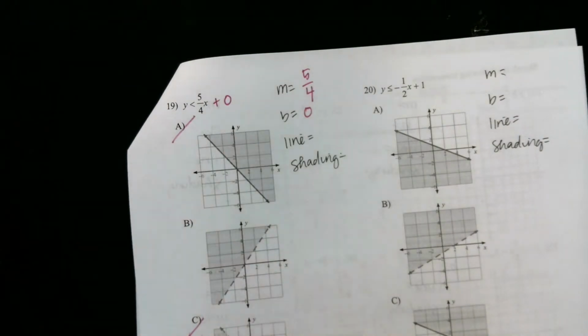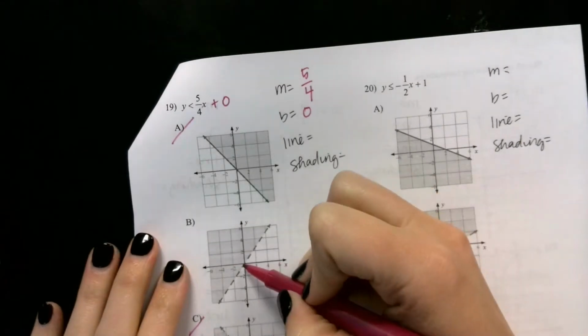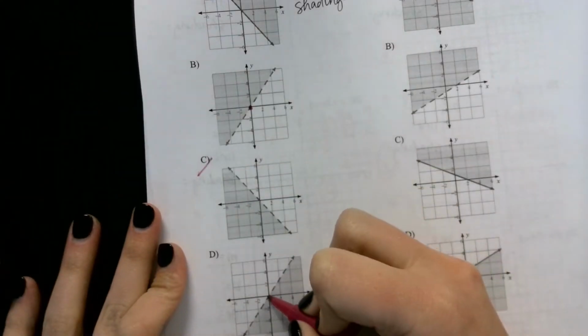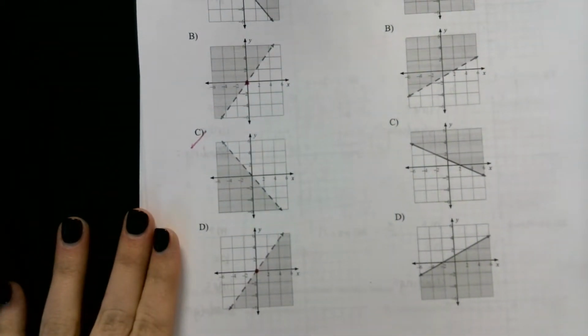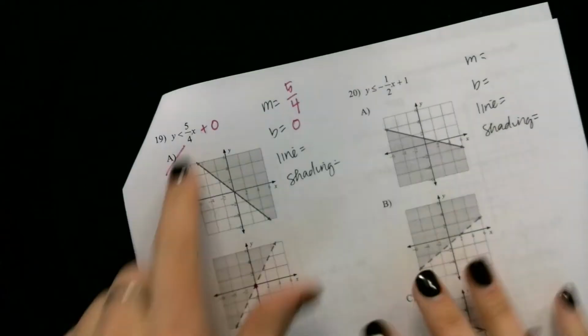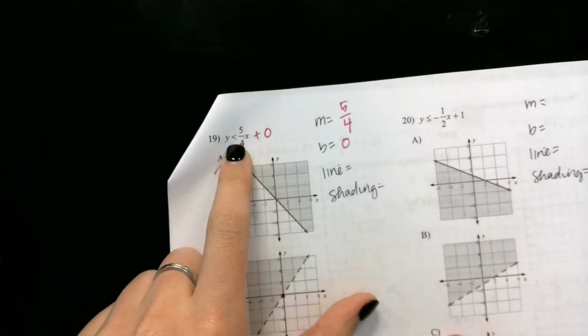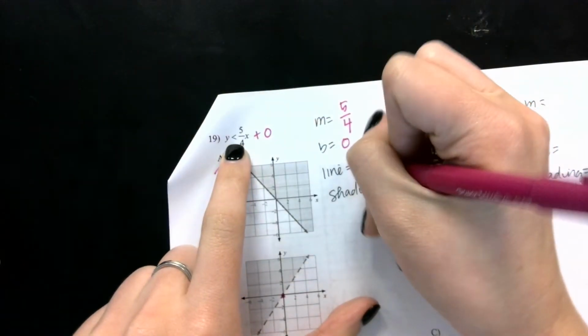Can we eliminate any of the others knowing that our y-intercept is 0? Can we eliminate B? Is our y-intercept at 0? Yep, so we're going to keep B. What about D? Our y-intercept is at 0. Dang. Okay, so our line, because it's less than with no equal to sign underneath it, needs to